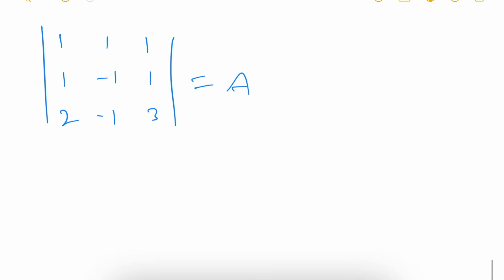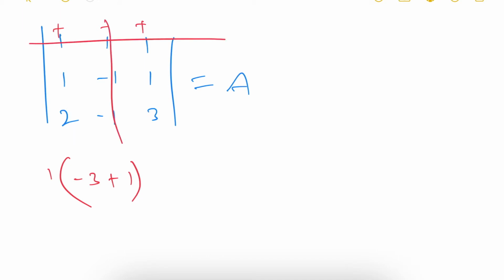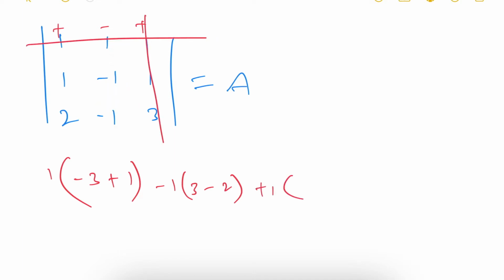For this matrix A we need to find out the rank. So for that I am going to use the determinant only, same again. This will become plus minus plus. So 1 into, if we remove that row as well as column, minus 1 into 3 minus 3 minus 1 into 1 minus 1, already minus is there, so it will become plus. The same way for the second element, if we delete its row and column, minus 1 into 3 minus 2 1s are 2. Then the same way third element, plus 1 into, if we remove that row as well as column, 1 into minus 1 minus 1 minus 1 into 2 minus 2, already minus is there, so it will become plus 2.